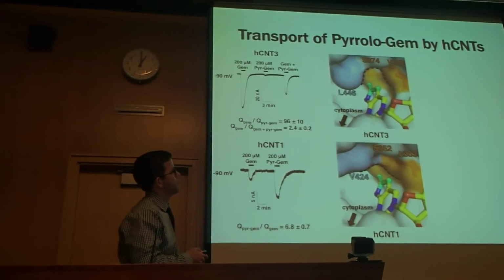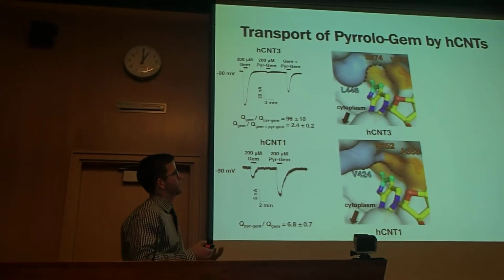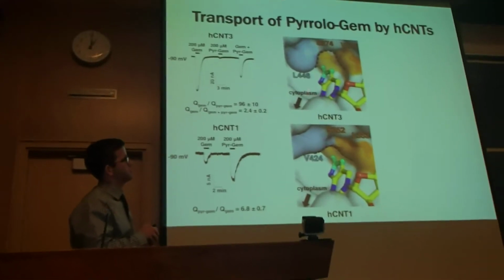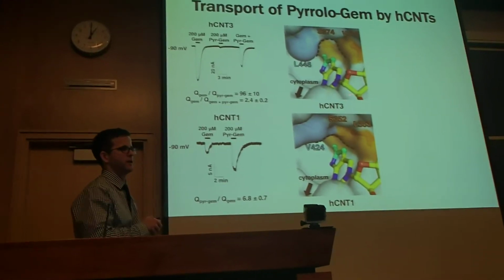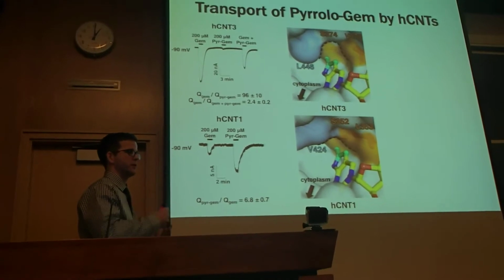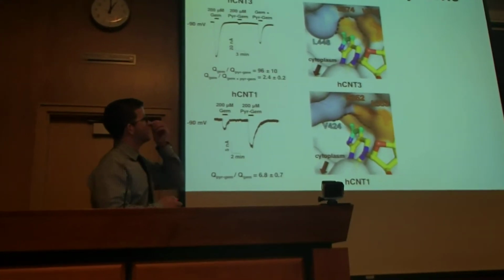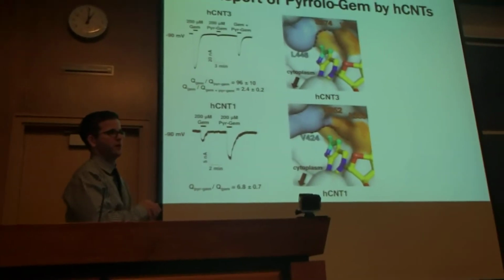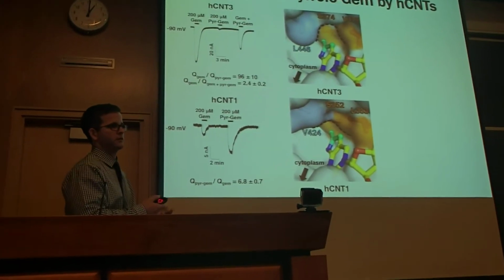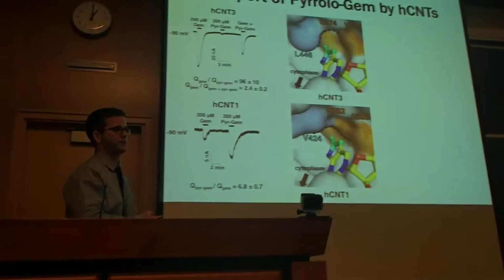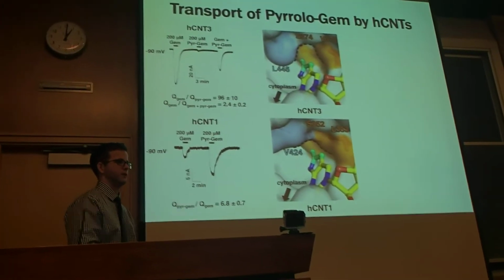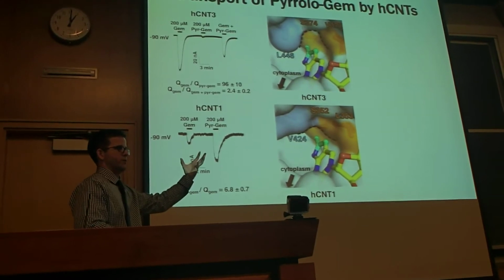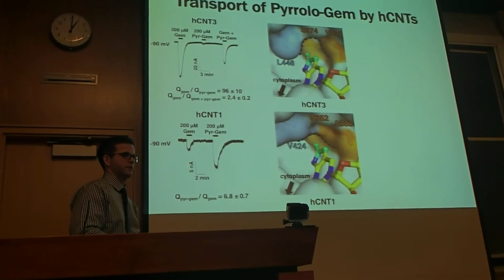We think the major interactions of the nucleoside binding site are going to be similar in both the outward and inward facing states. But if you can utilize regions like this pocket that are only present in one state, you can try to design a compound that has differential affinities for the outward and inward facing states, something that binds better in the outward facing state but worse in the inward facing state,